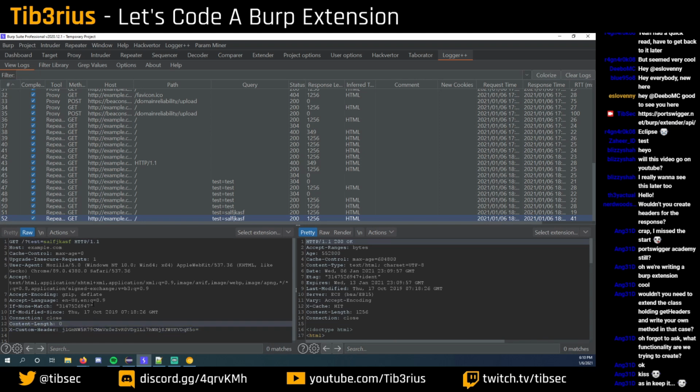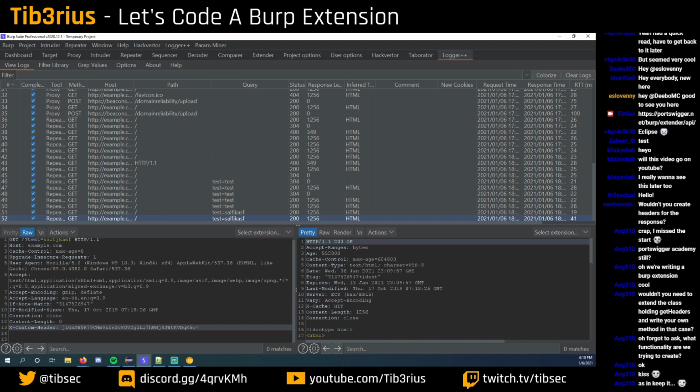So the idea here being, if there is some kind of app, and it doesn't even have to be a web app, as long as it's sending HTTP requests, and it's using some kind of custom authentication method that is based on signing the request with a key, like looking at the body, if it has a body, and it signs the body and then puts a custom authentication header in, this is how you can code Burp